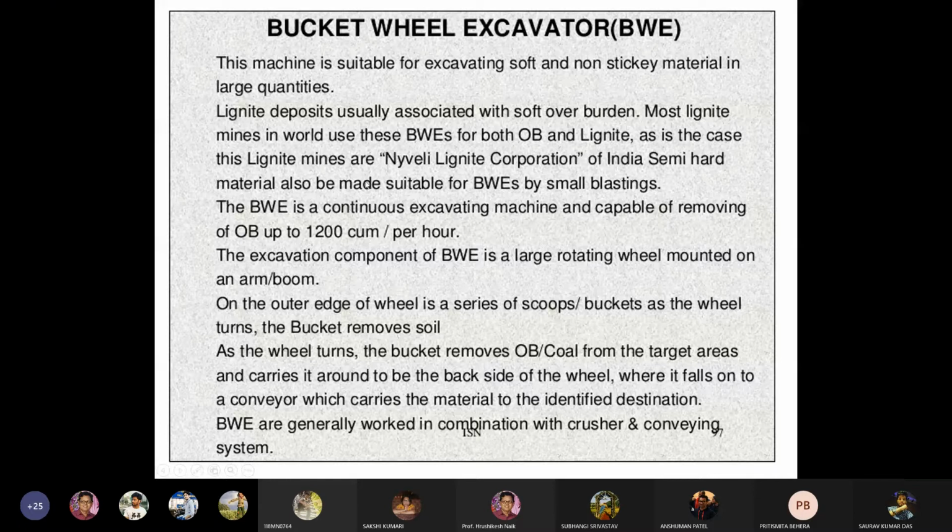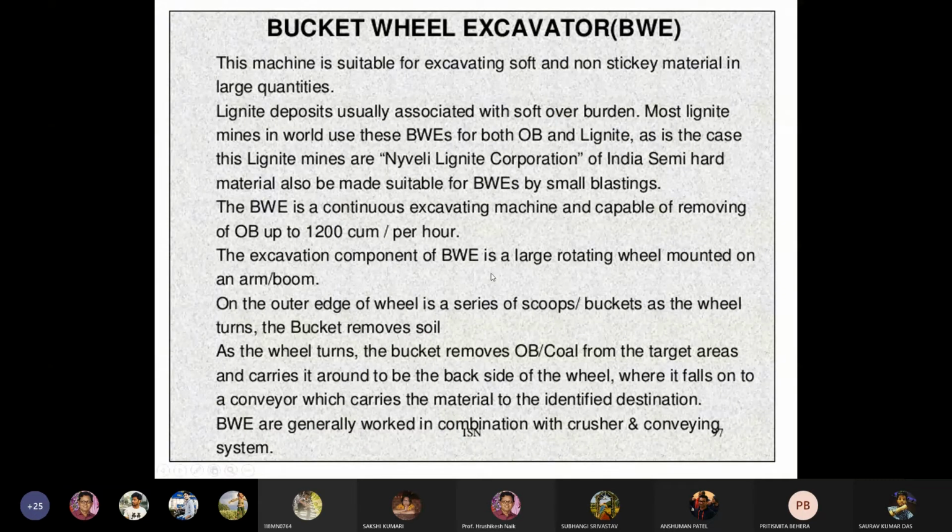Semi-hard material can also be made suitable for bucket wheel excavators by small blastings. The bucket wheel excavator is a continuous excavating machine and capable of removing overburden up to 1200 cubic meter per hour. A very high amount of overburden can be removed per hour if you are using the bucket wheel excavator.